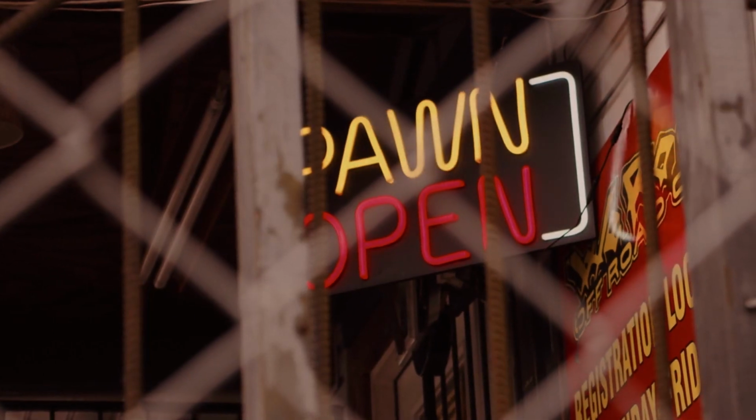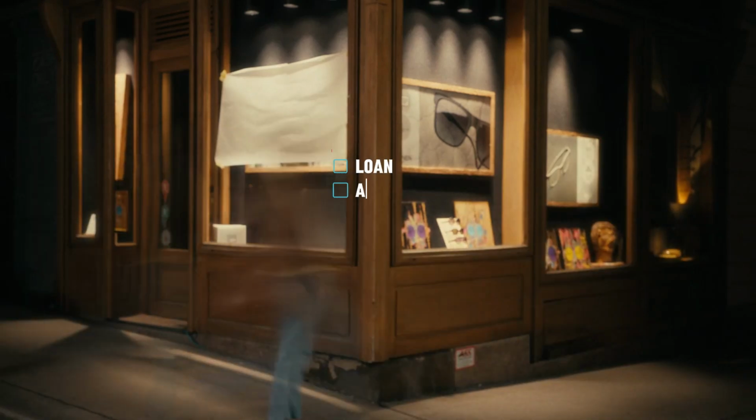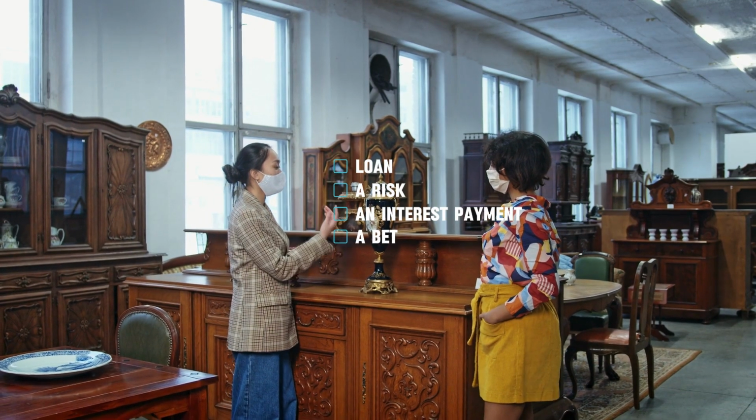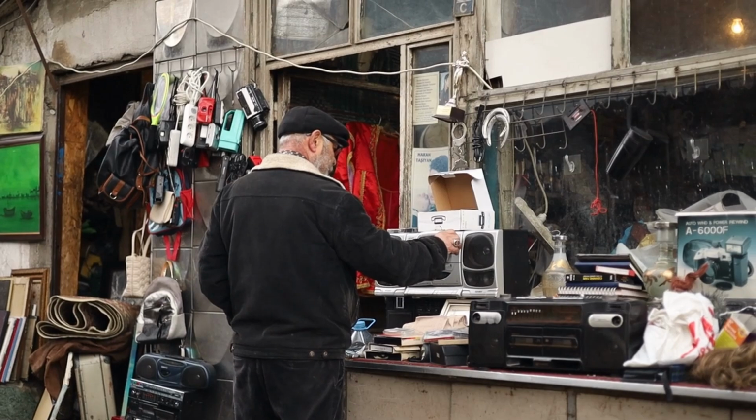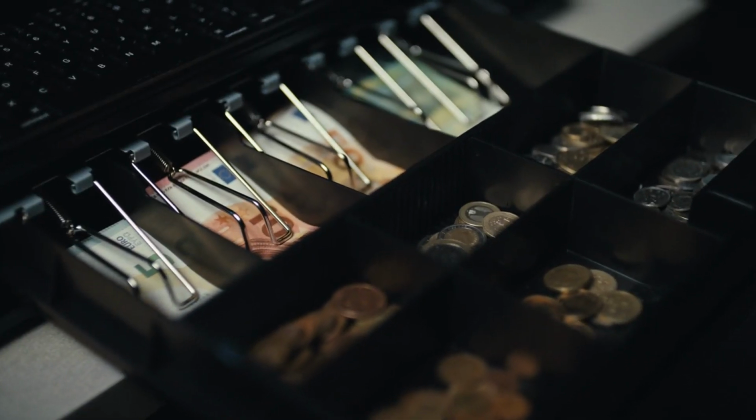Pawn shops are not retail stores. They are banks with shelves. Every item behind the glass represents a loan, a risk, an interest payment, and a bet on whether the customer comes back. Today, we break down how pawn shops turn everyday objects into short-term credit and how liquidity becomes the